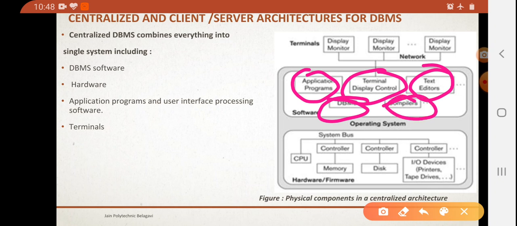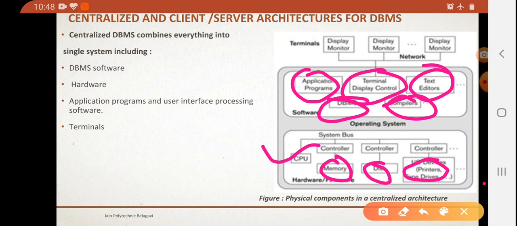In hardware or firmware, we are using CPUs over here. Controllers will control all these resources: CPU, memory, disk, input-output devices such as printers, tape drives. These are controlled by the controllers, or it can be called a system bus. So it works as an operating system.